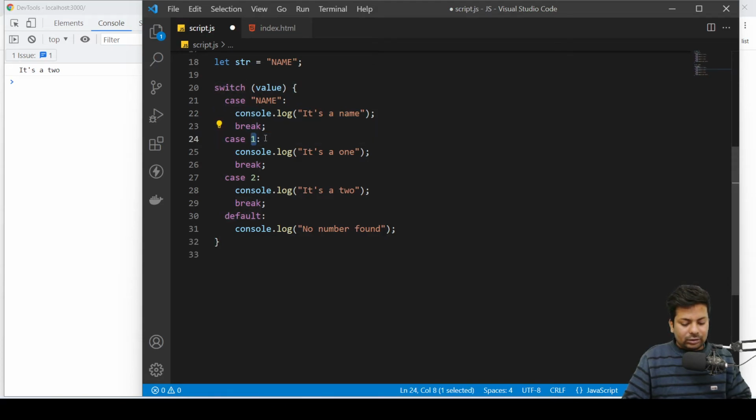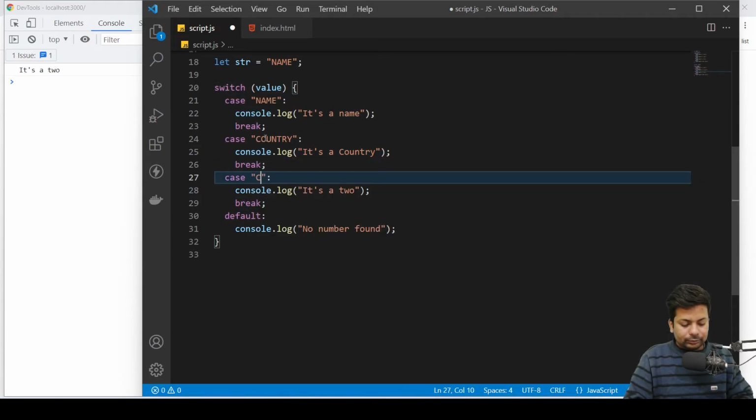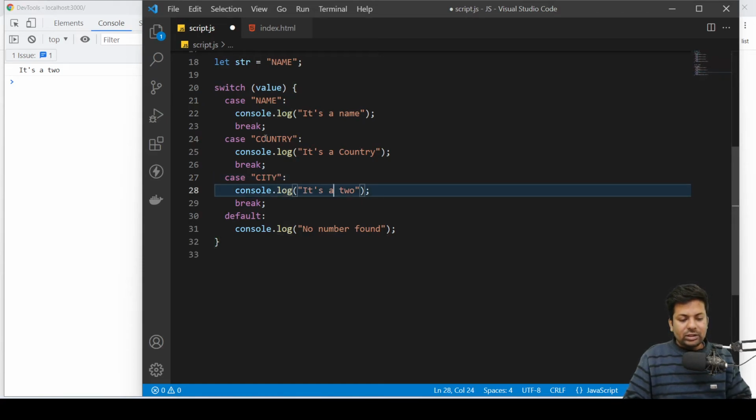The case is country, then say it's a country. The case is city, then say it's a city. Otherwise it's none. No string found.